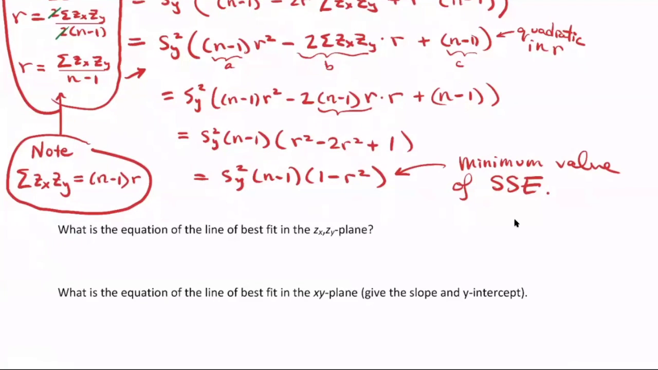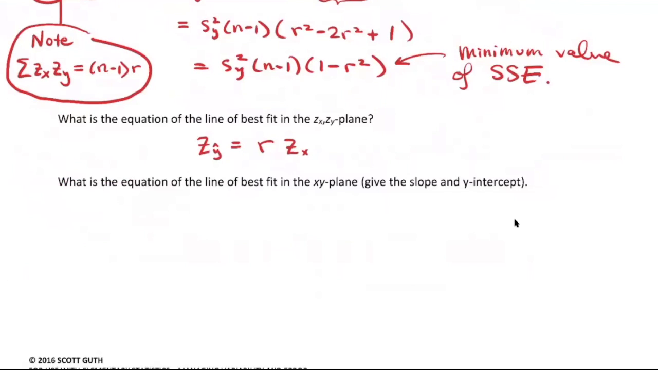So anyway, the equation of the line of best fit in the ZY-ZX plane, we said it was the z-score of y hat is r times the z-score of x. Okay, and then if you want, we could put this into the xy plane. So